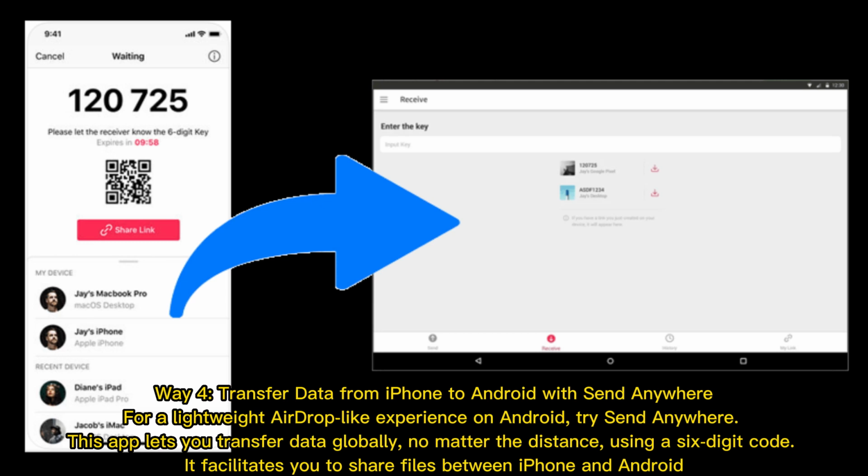Way 4. Transfer data from iPhone to Android with Send Anywhere. For a lightweight AirDrop-like experience on Android, try Send Anywhere. This app lets you transfer data globally no matter the distance, using a 6-digit code. It facilitates you to share files between iPhone and Android,